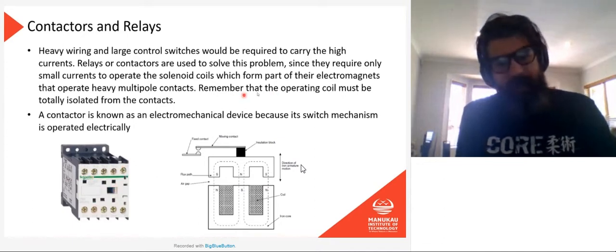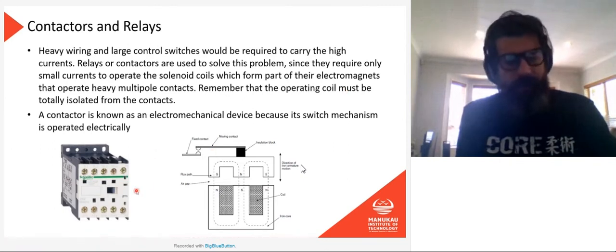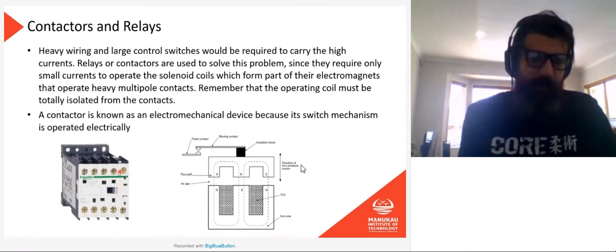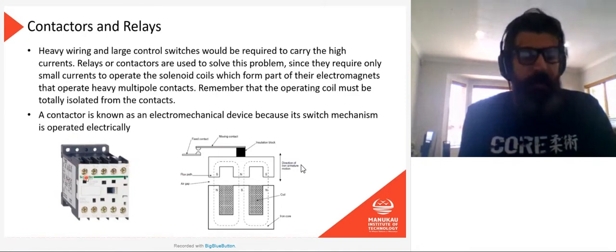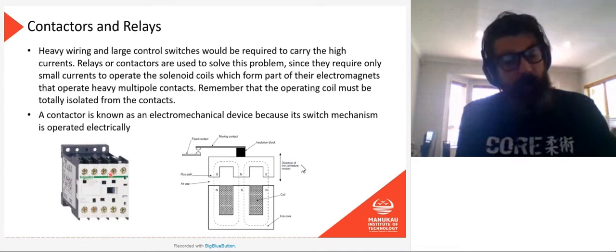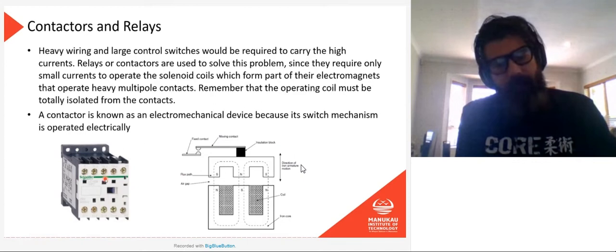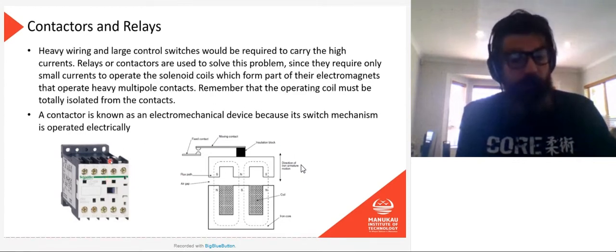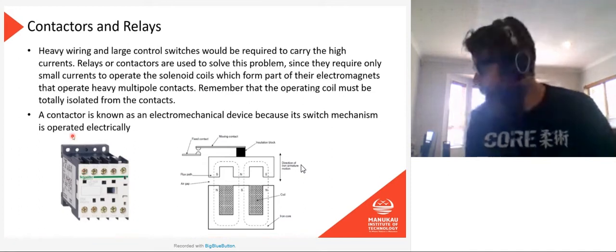It says here that the operating coil must be totally isolated from the contacts. That means we're not using the same power source to power our coil as we would to power our power contacts. Now, I would dispute that somewhat. If this was a simple push button switch where I just needed one switch, then I could just run the power off here, run that out to my switch, run back from the switch into my coil here. And that way, when I switch the power off